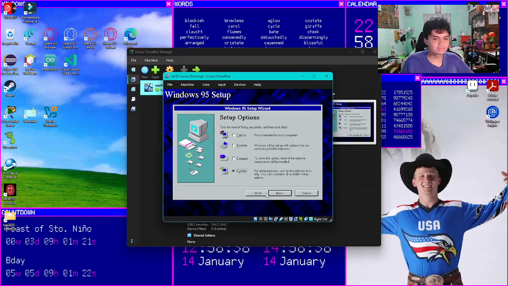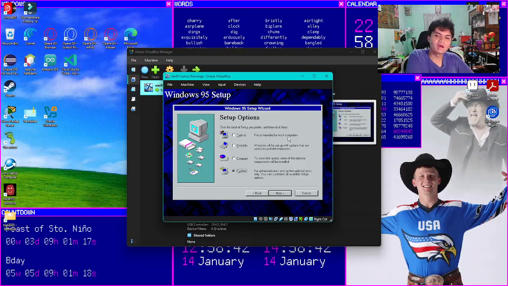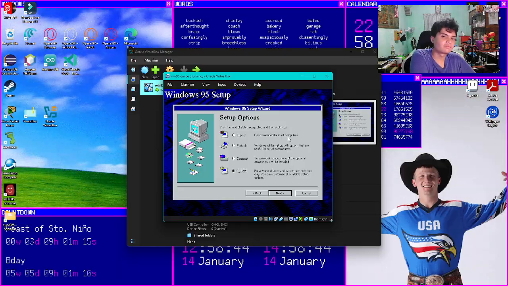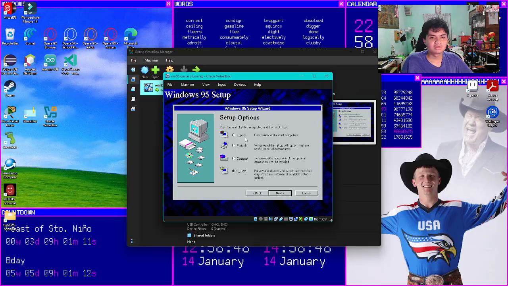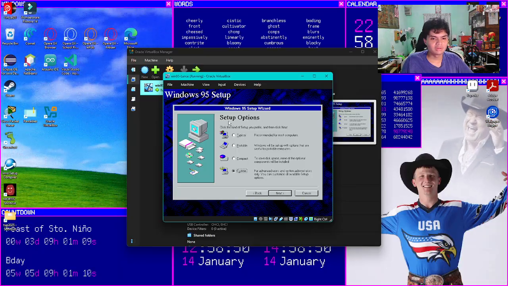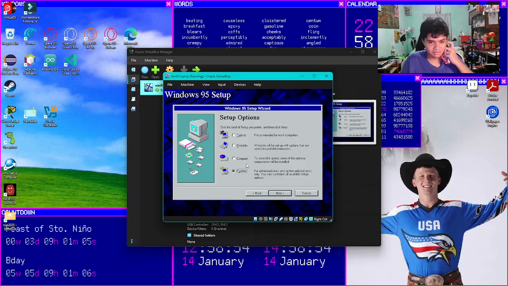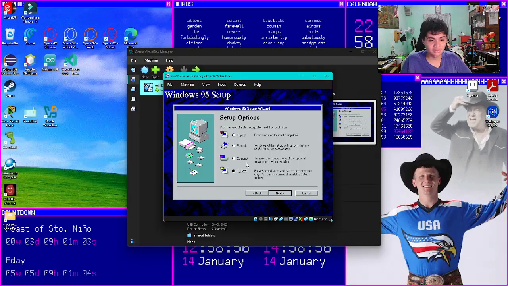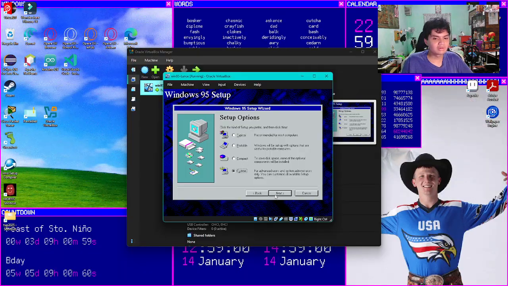We're going to use custom because it's to create a more meaningful setup for us, with larger setup settings, not like typical for typical users, portable for laptops, then compact for compact computers that want to save disk space. So now we're gonna go custom.